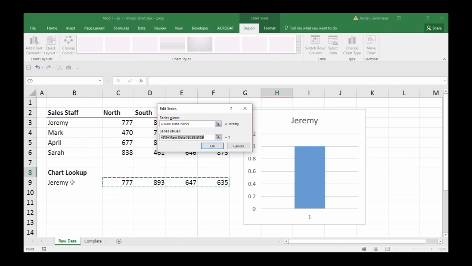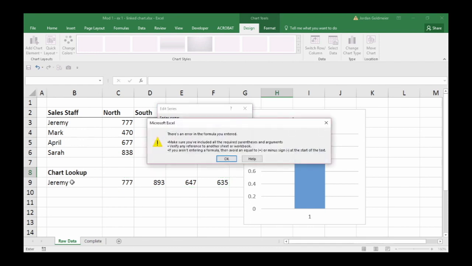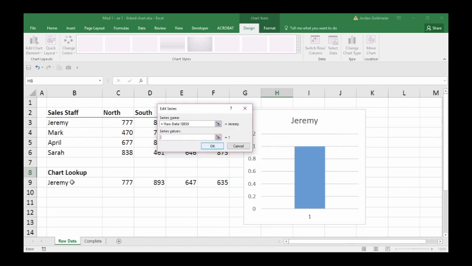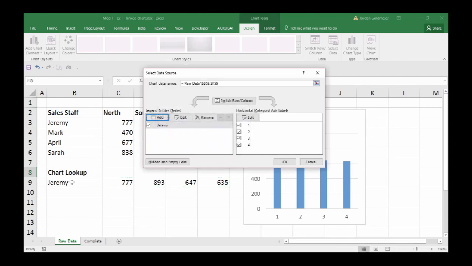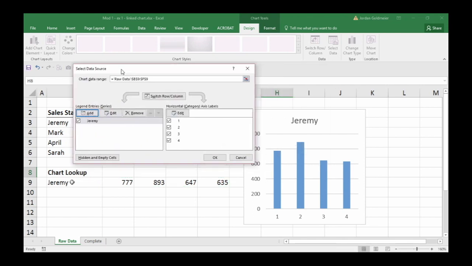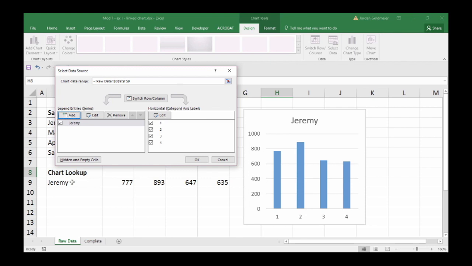So here's the right way to do it. From here, oh, looks like it's not going to let me do it. But from series name, you're going to highlight the whole thing and you're going to hit delete. So now that I've deleted what's already in there, I'm going to select C9 through F9. And I'll hit OK. Now, you can see that this chart is linked to those dynamic cells,